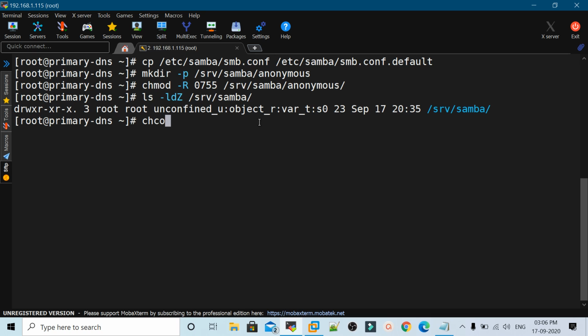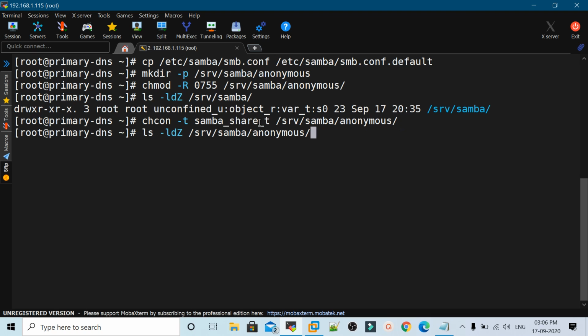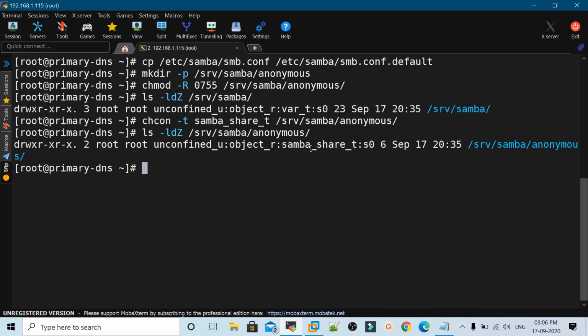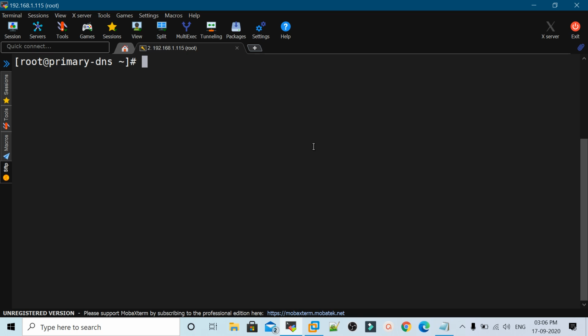So I will execute chcon command for the same, chcon -t samba_share_t, and here I will mention srv samba anonymous. Let me again check the SELinux context. Now it is showing us the context as samba_share_t. This time SELinux will not block it.